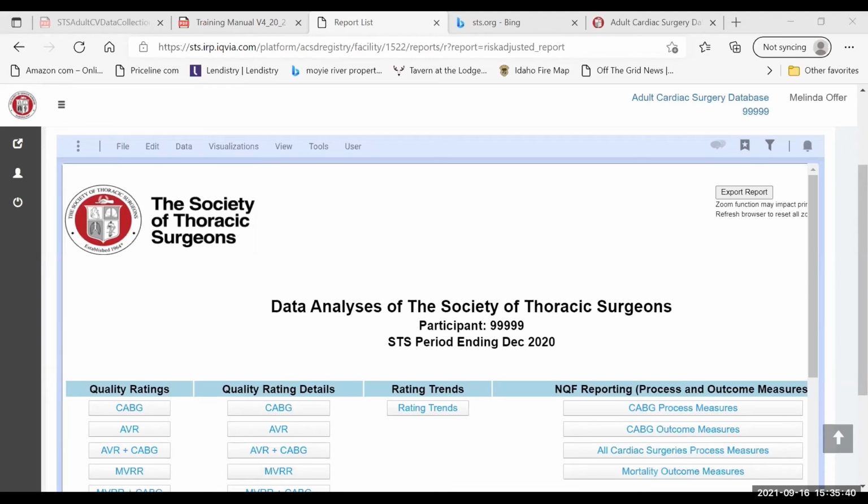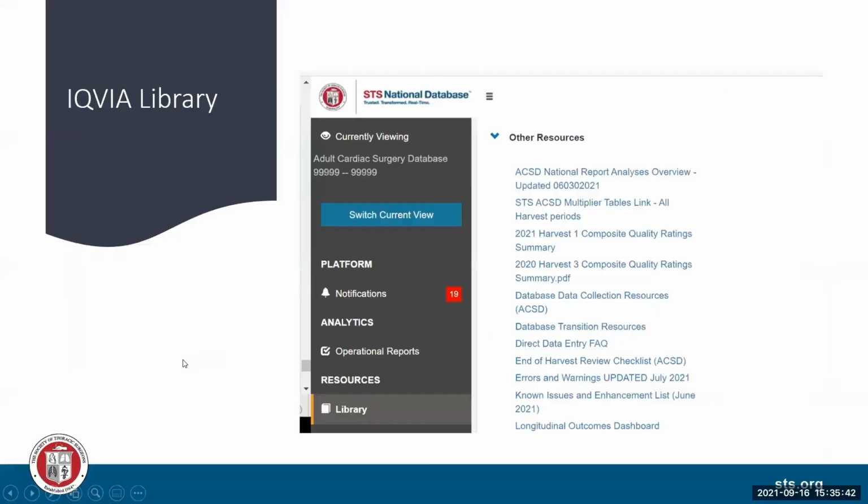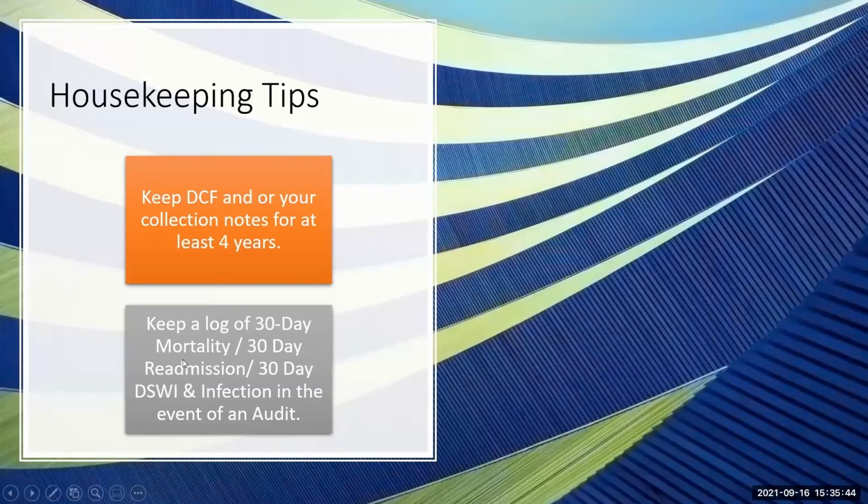This one's it. So again, the library is wonderful. So just some housekeeping tips, and then we'll have some time for questions. So it's important to keep your data collection forms and or your collection notes. Some people don't use forms; they just use little notes for at least 4 years in case you get audited. It's nice to have,